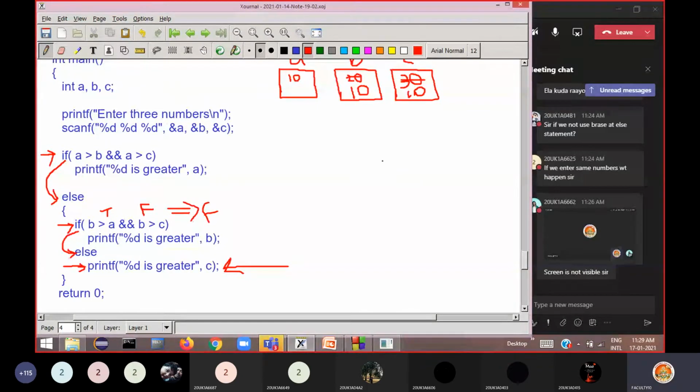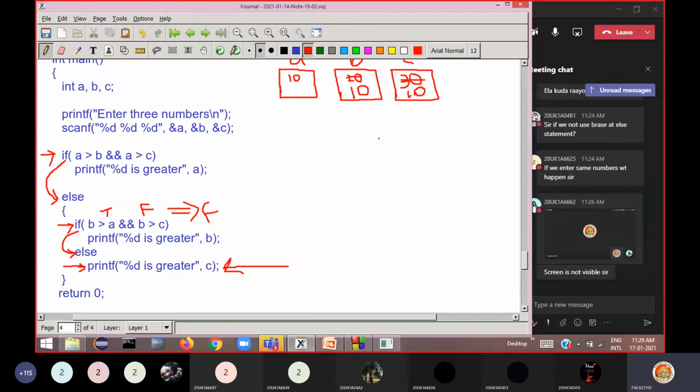Now, if you want to print in another way that all the numbers are same, then you need to include another condition. Your program won't print that on its own, please remember. But it prints that one of these is greater. Among these three, 10 is greater.